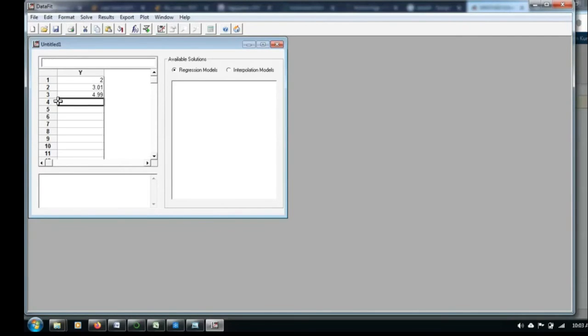Next the value of x is 7, so I will give it as 8.1. The next value of x is 8, so I'll give it as 9.01. So these are the values I have entered.